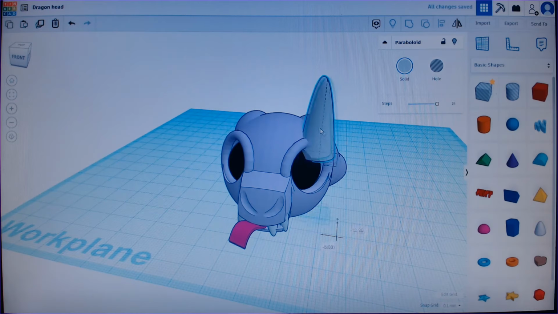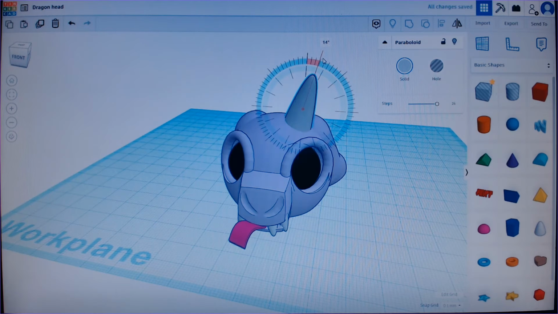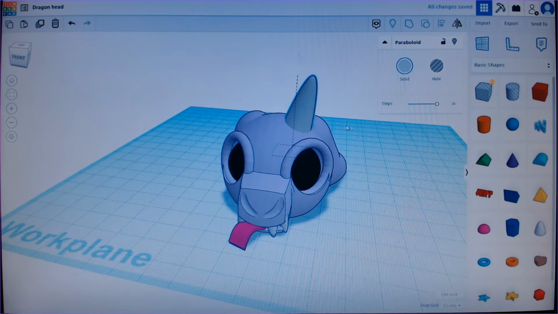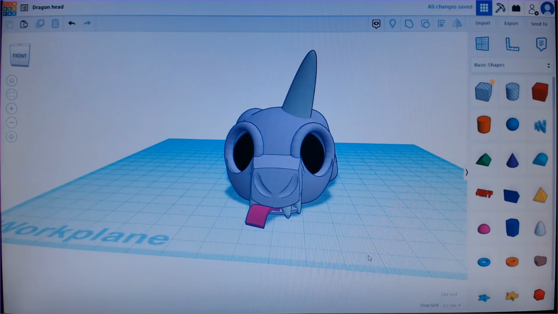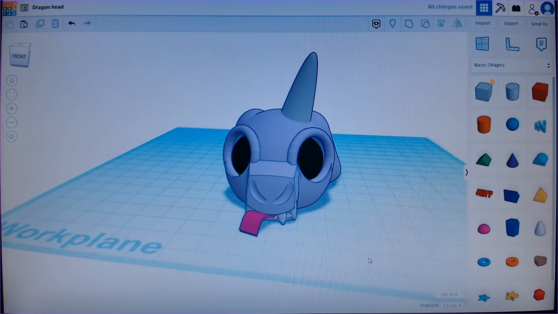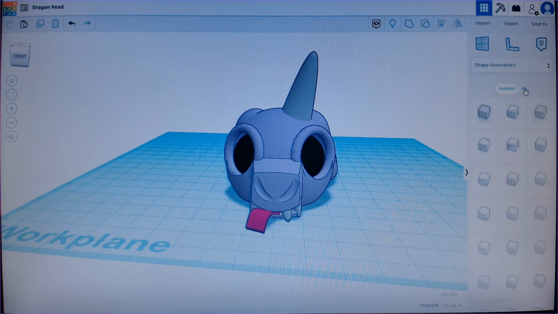So you could basically make a horn like this and just put it at an angle, and then you can do like that. Or we can have a look in our shapes generator again with all,